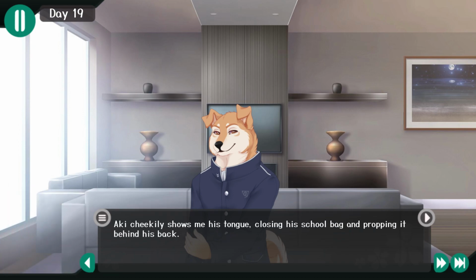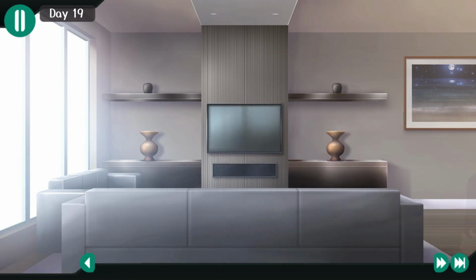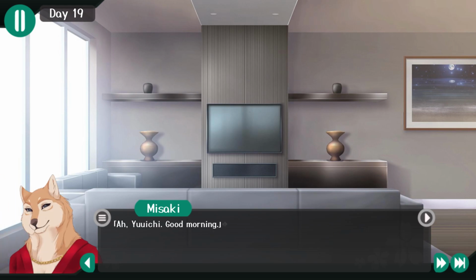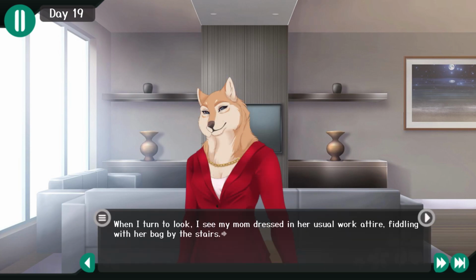Aki cheekily shows me his tongue, closing his school bag and propping it behind his back. I'm gonna get going now. You should try not to be late either. Tell Shoichi I said hi and have fun. The sound of the door closing echoes down the hall. Oh, Yuichi, good morning. I hear a familiar face calling out to me from the stairs. When I turn to look, I see my mom dressed in her usual work attire, fiddling with her bag by